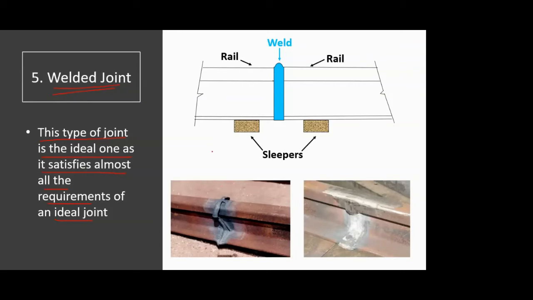And here typical pictures are shown. This first picture, what you see here, is the actual welding process which has been done, and this is the picture of how it looks after welding. Then you have to remove this excess material from the top to make it smooth, as well as from the edges. After grinding and all, you get this type of finish. So this is a typical welded joint as you see it after finishing.